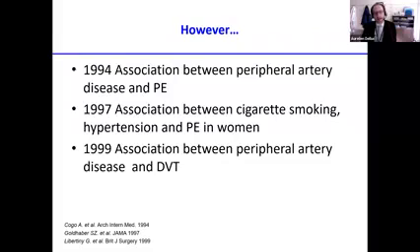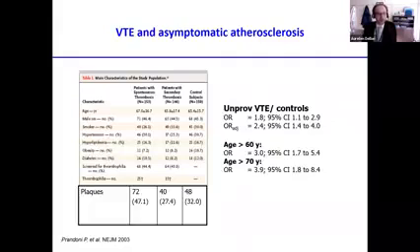since the mid-1990s, there have been numerous publications on links between arterial thrombosis and venous thromboembolism. So few publications in the 1990s, but then with the publication of this case control study, there has been a huge number of publications on the topic. In this study, Prandoni assessed the presence of asymptomatic carotid plaques in patients with an unprovoked VTE,